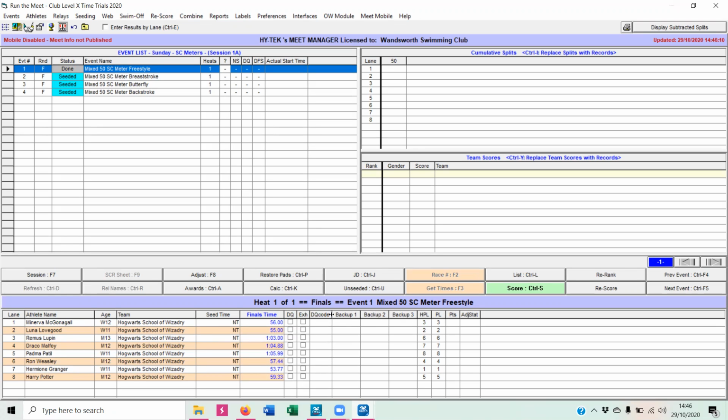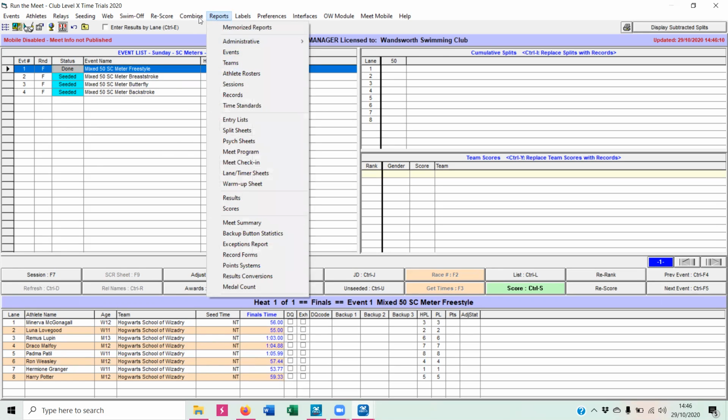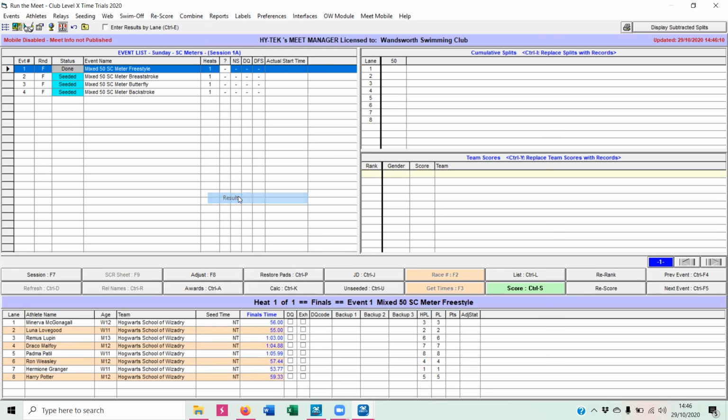Okay, so that's now up here showing done. And you would do that for all of your events in this session. And then you can create your HDR and MRF files from here, which we can do for this particular event. So you go into reports, results,